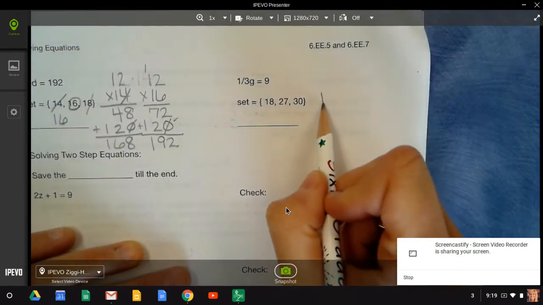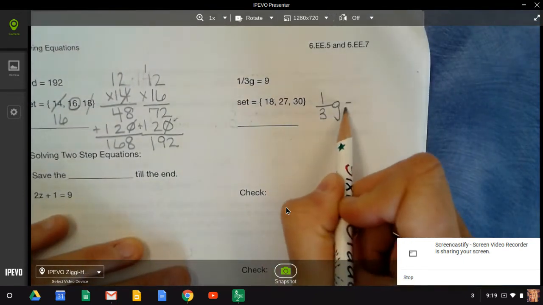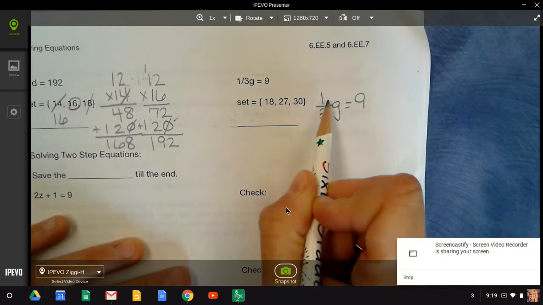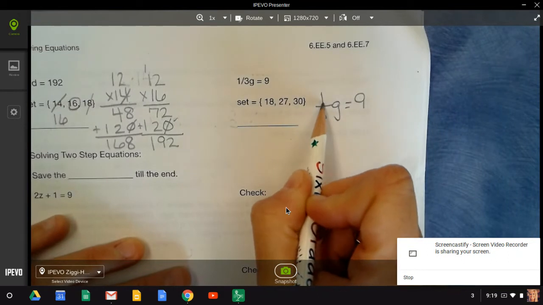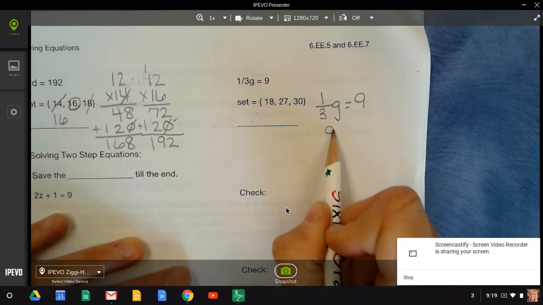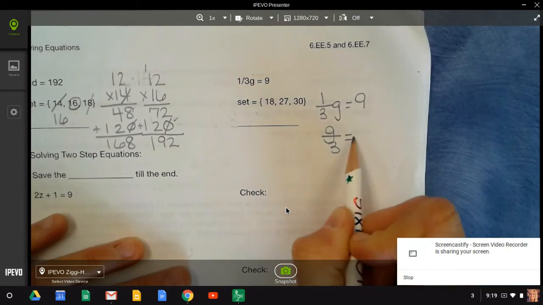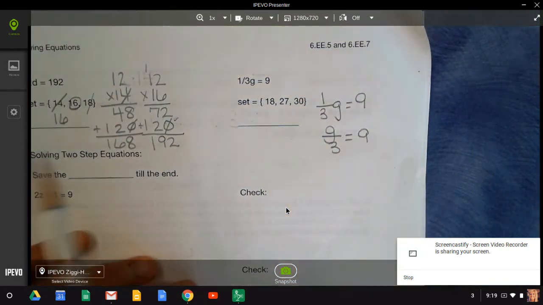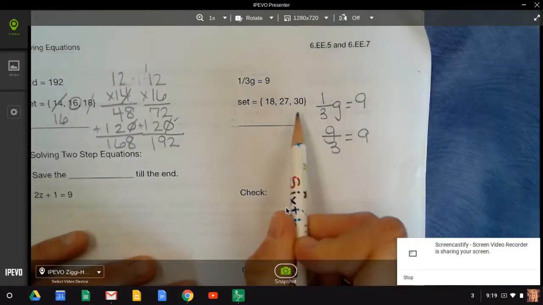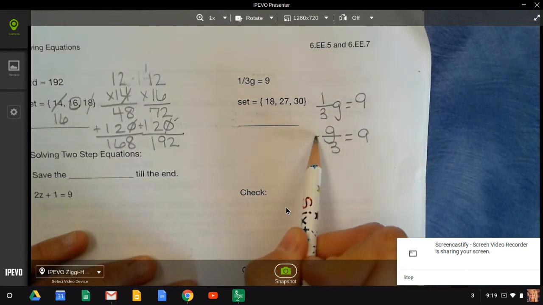It has a fraction with it. So again, we talked about this the other day. When there is a number 1 as the numerator, we can go ahead and put this g on top of the 3 and set it up like this. Now, when we substitute our numbers in, we are going to substitute in, and we also learned that this means